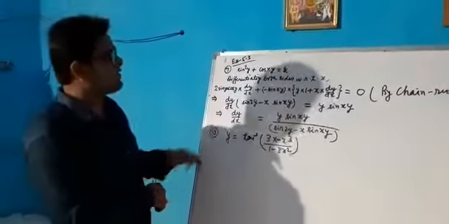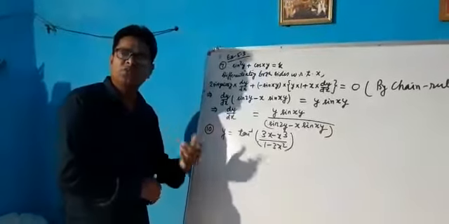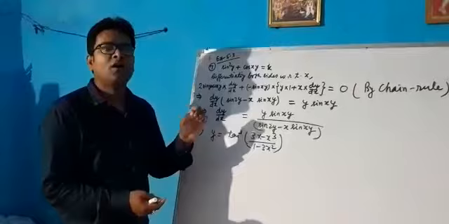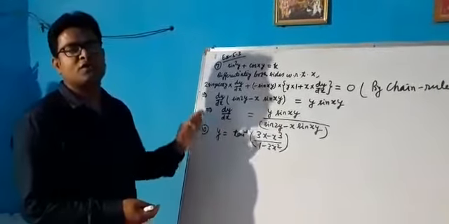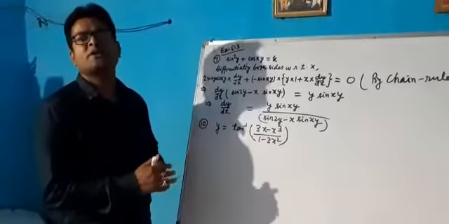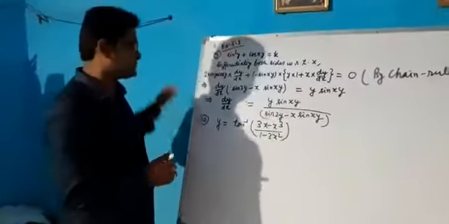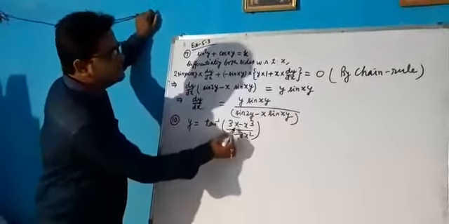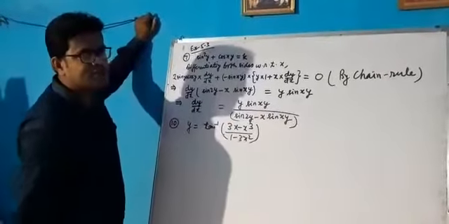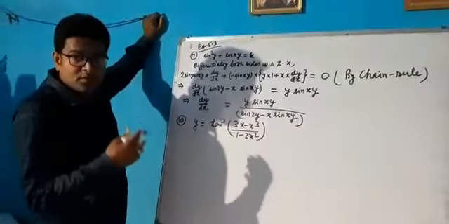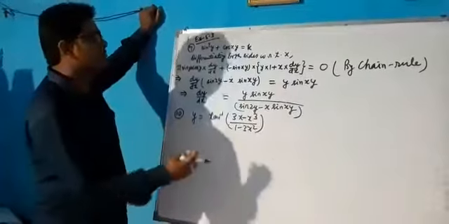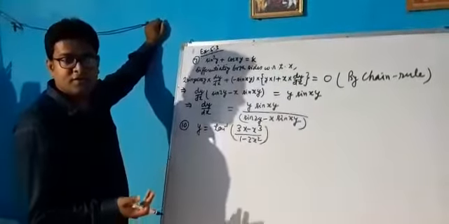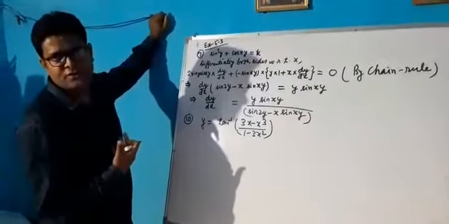So wherever you are finding these inverse trigonometric functions, try to substitute it and convert into simple circular functions of x, that is trigonometric functions of x. Now see, if I put here tan theta, then 3 tan theta minus tan cube theta by 1 minus 3 tan square theta will give me tan 3 theta. So tan inverse tan 3 theta, by definition of inverse, it will be 3 theta. So it is easier for us to evaluate.